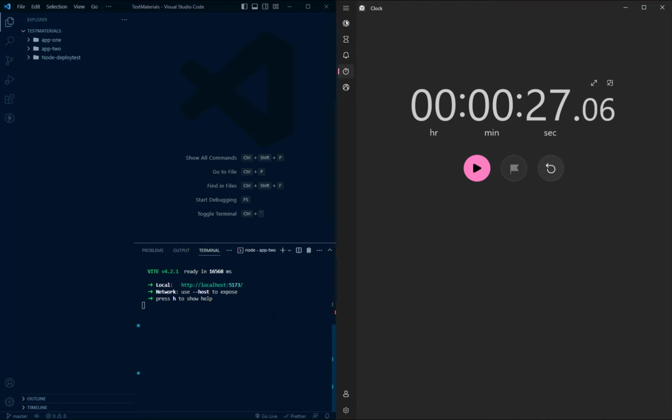That's really impressive because our create-react-app took more than 3 minutes, but our Vite app has started in just 25 seconds. So if we open this app,